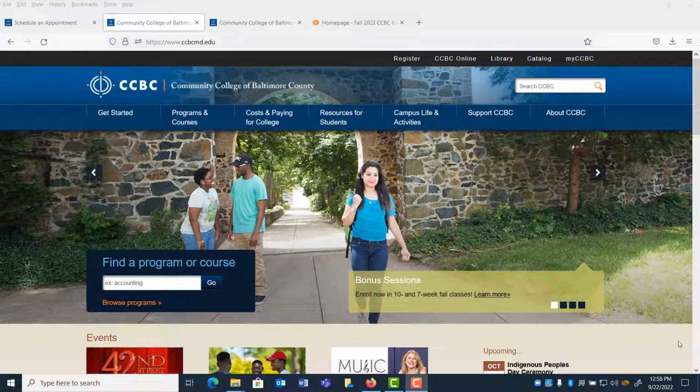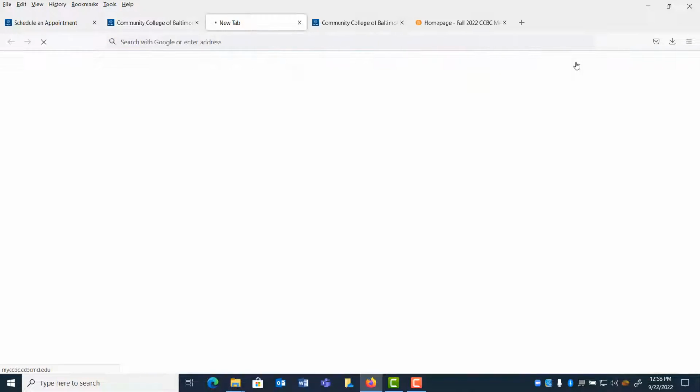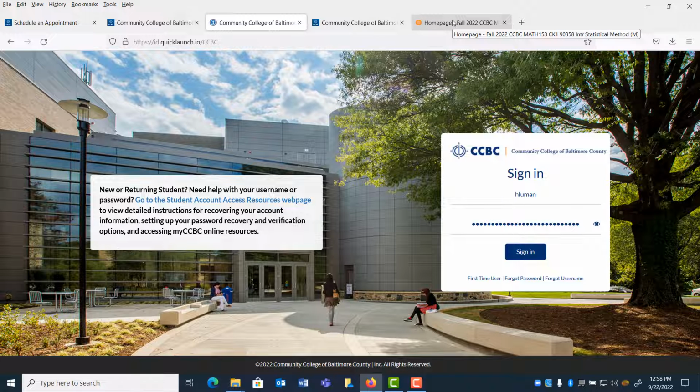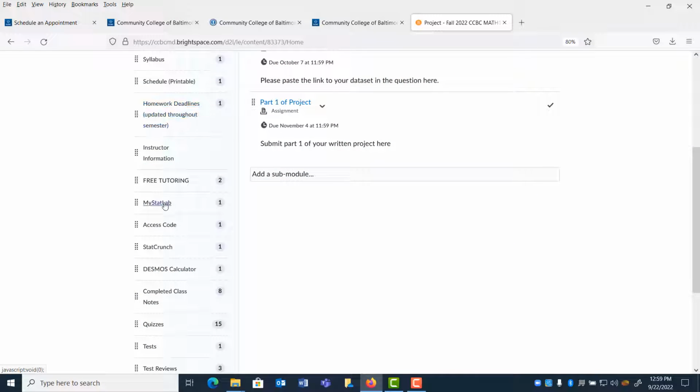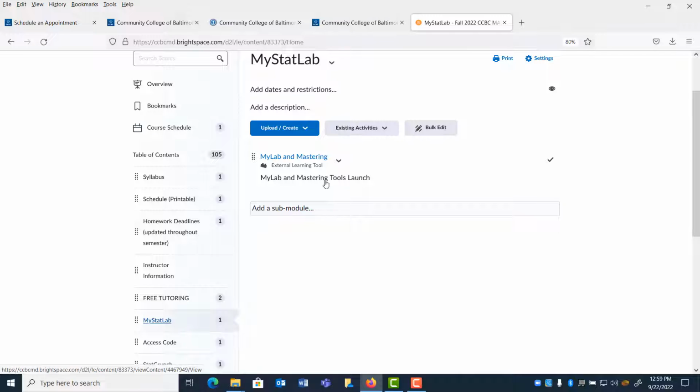Everyone, I wanted to make you aware of some additional resources that exist in Pearson. So, as always, from the homepage, go to My CCBC and log in. And then, once you're at this page, select Brightspace and log into our course. Then click on Content. Under Content, you can scroll down to MyStatLab, and then we're going to open